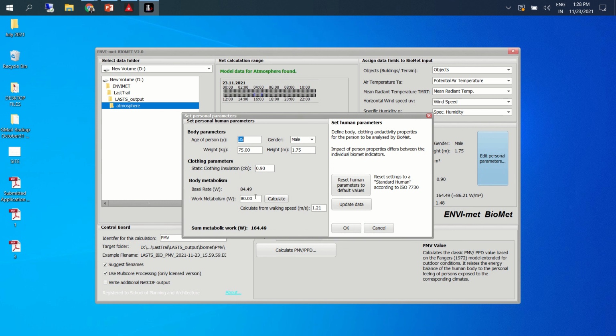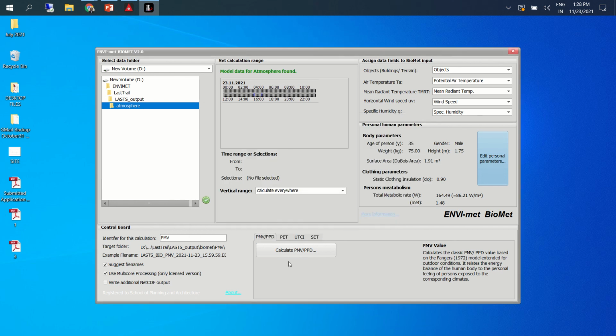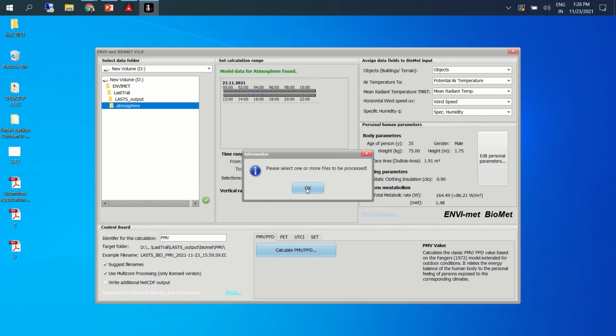These are parameters we can modify. I think those who know the subject of comfort know what these characteristics are all about. Okay, please, one more file to proceed.